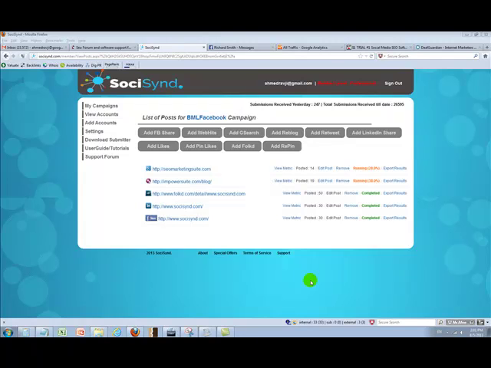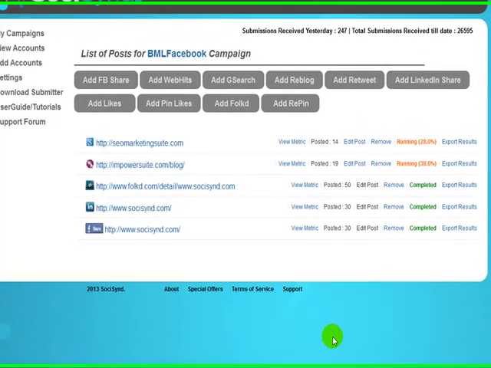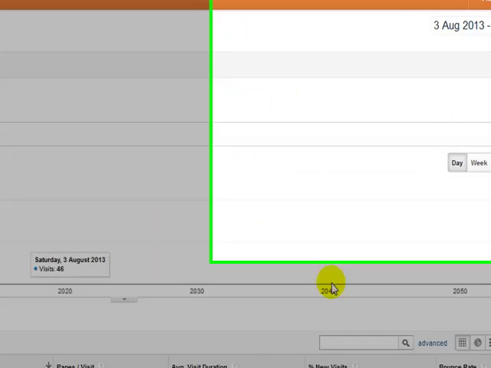I'm going to be taking you through a demonstration of using the Google search and click feature and the web hits feature as well. We did actually have this disabled, guys, and the reason we disabled this was because it wasn't working the way that it should have been working. We had issues with the JavaScript coding, but I'm happy to say that we've fully tested this now and it's fully working. So what I'm going to do is take you over to my analytics account, guys,